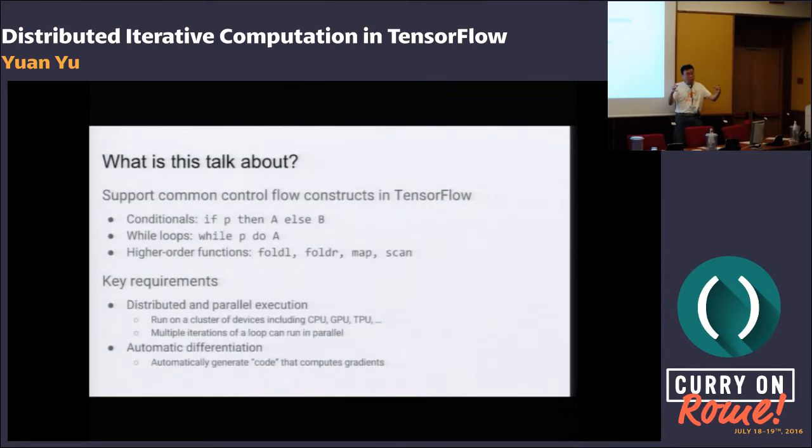When we put the two programs together, it becomes a very large program, and the entire large program can be run in a parallel mode. So effectively the system allows you to compute gradients in a very parallel and distributed way.